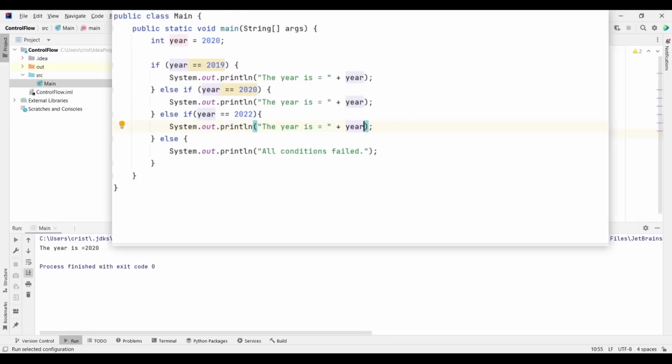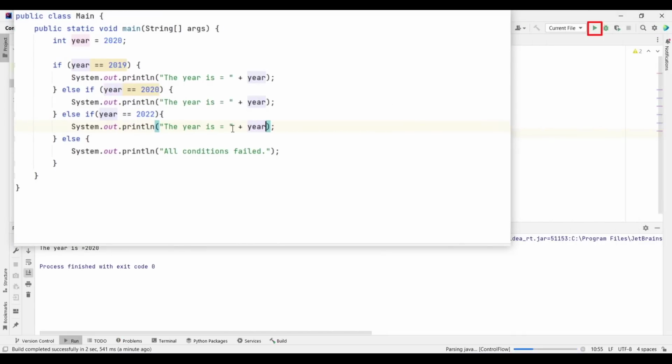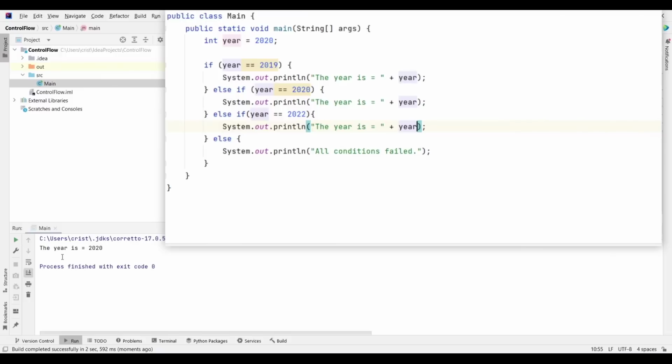And now if you run this, we get in the output the year is 2020, because this condition is evaluated to true, and the code inside the block of this else if is executed.